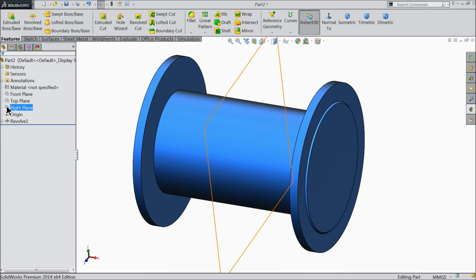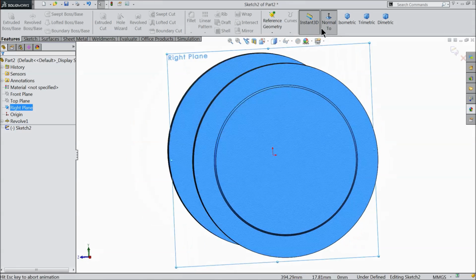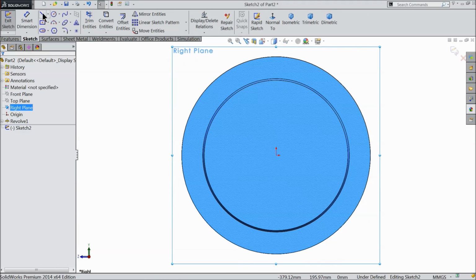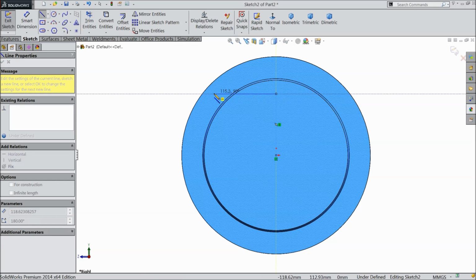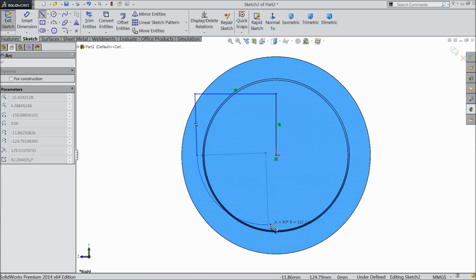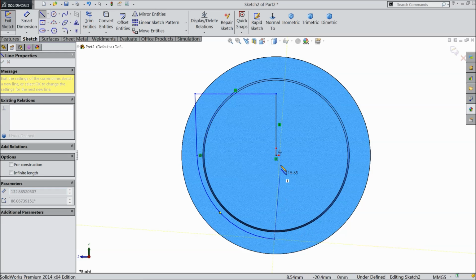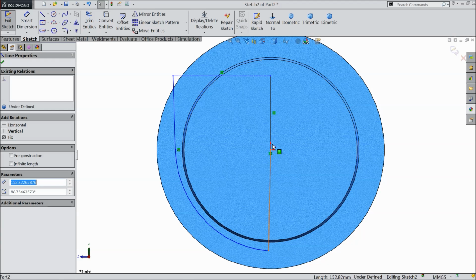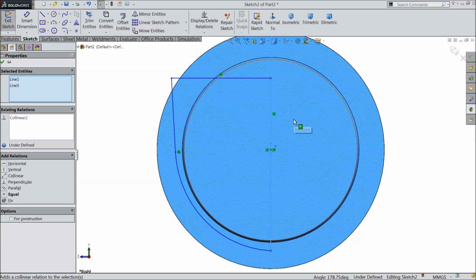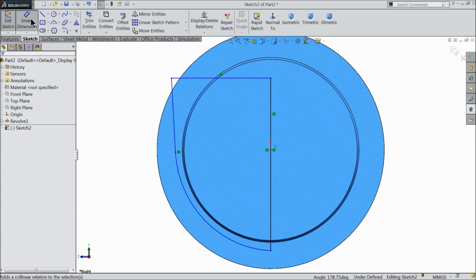now choose right plane, sketch, select the line, start from here. Do not keep 90 degree, take a little taper and convert it and connect with this line. Now select both the lines and make the relation collinear. Okay, now